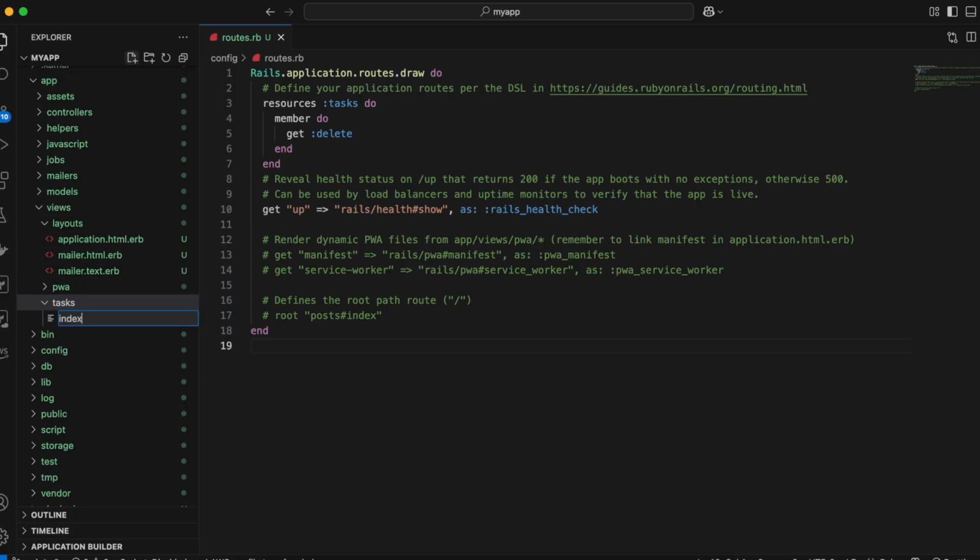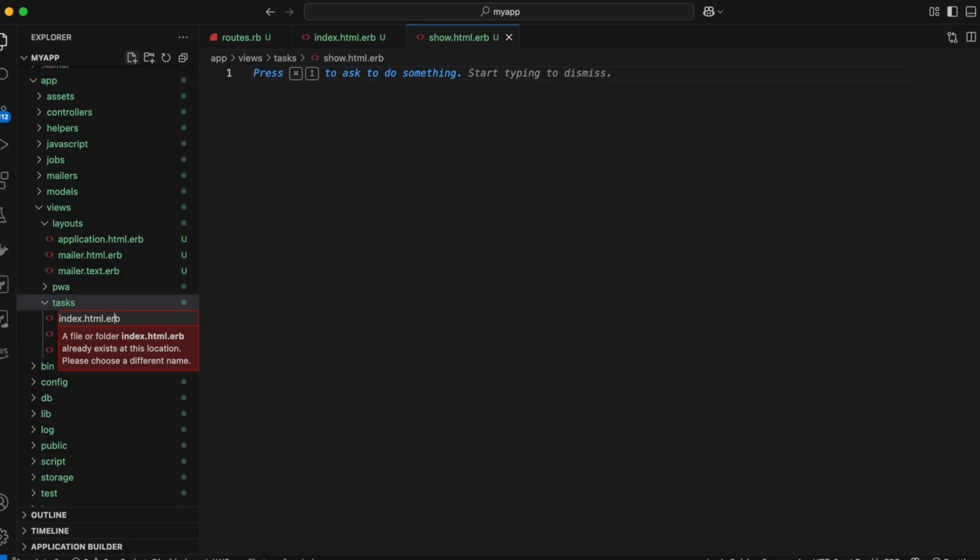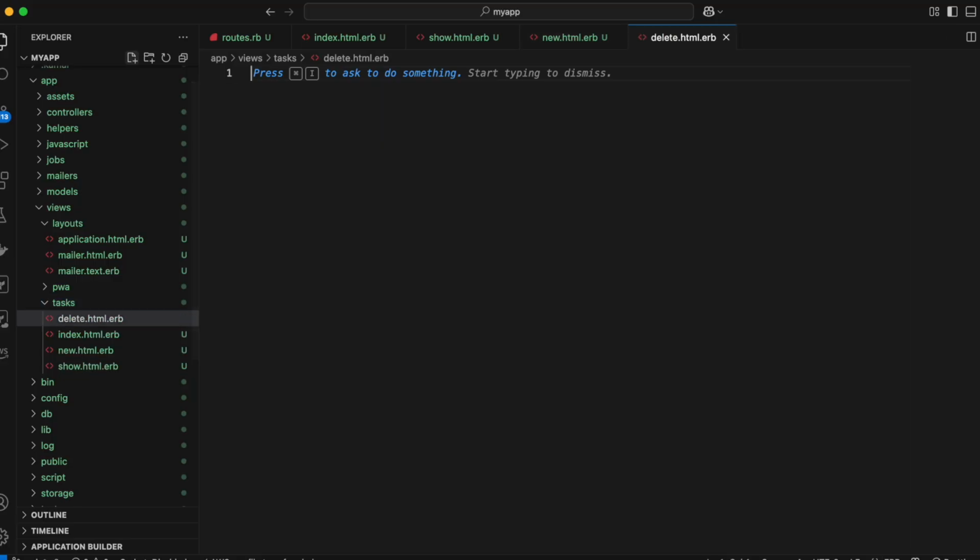So the first one is index.html.erb. I'll copy this. Okay, the second one is show.html.erb, so I'll just change this to show.html. The next one is new.html.erb, and I'll just rename this to new. The next one is delete.html.erb. So I'll just press this. And the last one would be